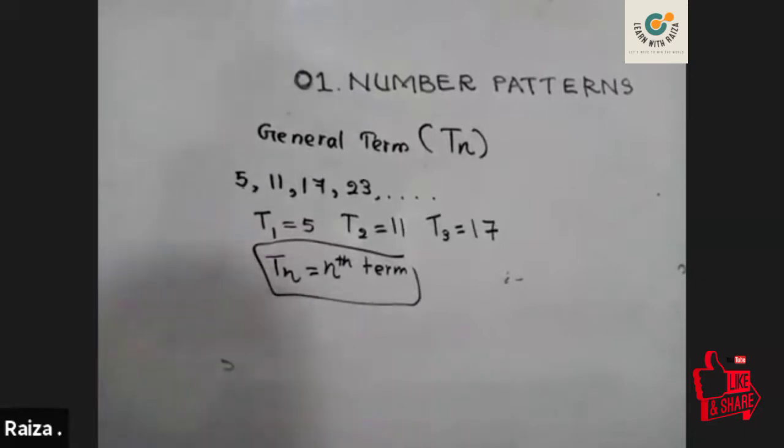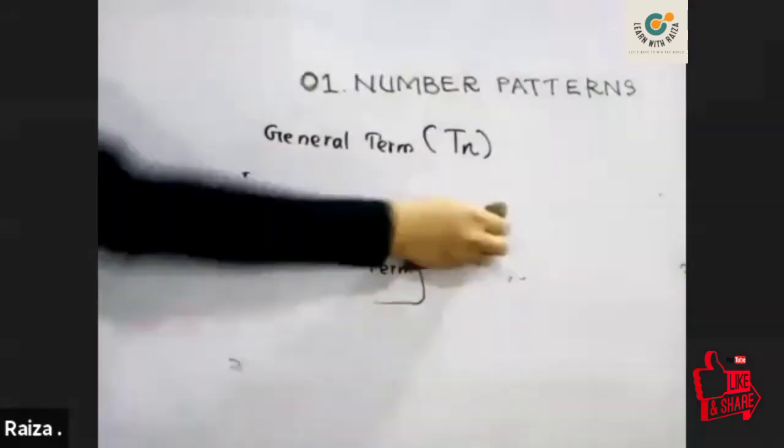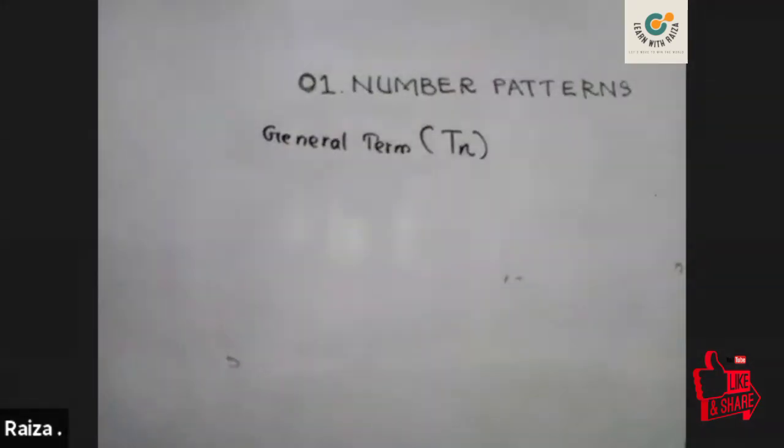So how do we find the number sequence when the general term is given? Now, when the general term is given, finding the number pattern is very easy, right? In this lesson, you have only a few objectives. As a student of grade 9, you should be able to develop the general term of a number pattern, solve problems related to number patterns, and write down the general term by observing the number pattern. These three simple objectives only.